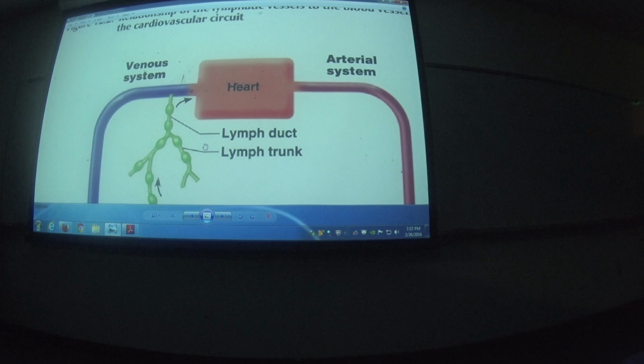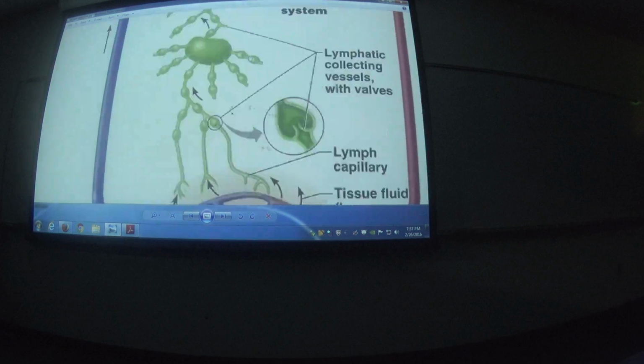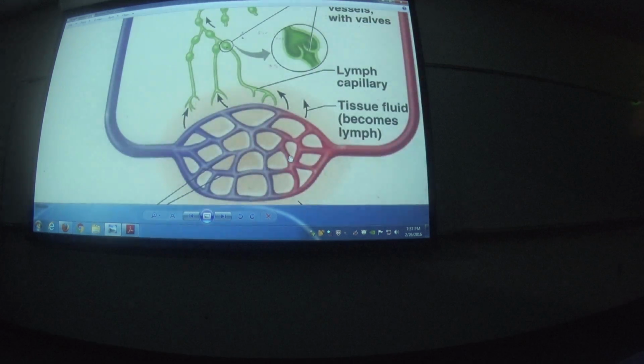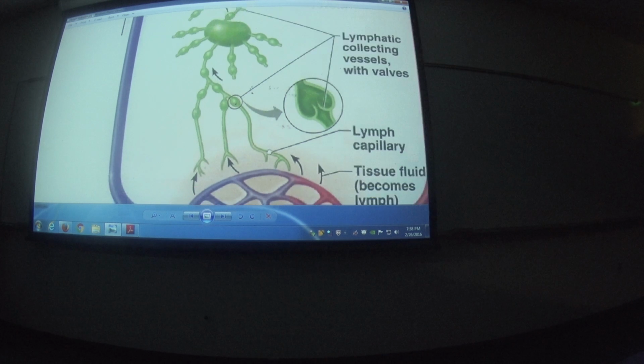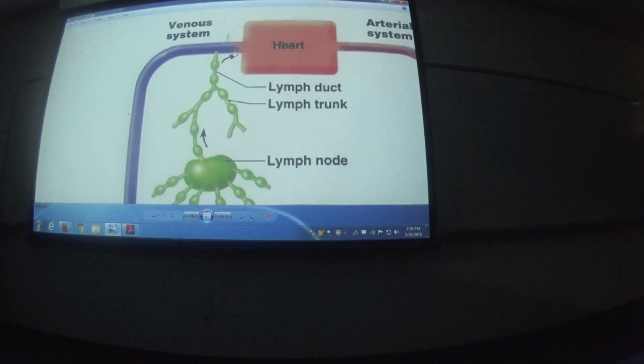Okay, so where's my fluid coming from? It's coming out of my blood. So where should I put it to reduce, reuse, recycle? I'm going to put it right back in the blood again. So I'm going to drain it from where I'm leaking the fluid out, put it right back where the fluid came from. So I'm going to drain it back to where it came from, right there.